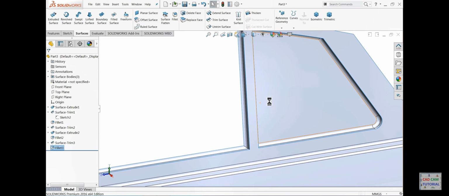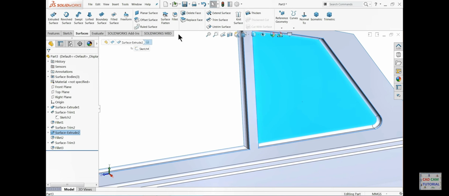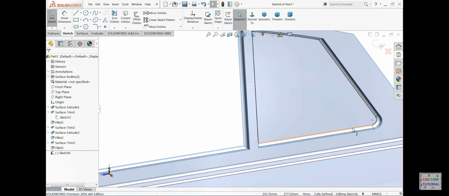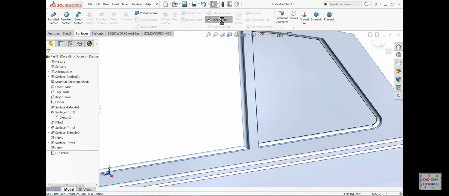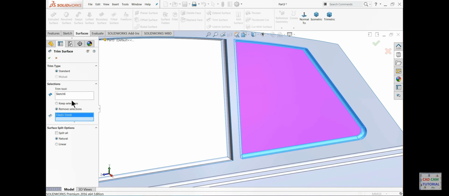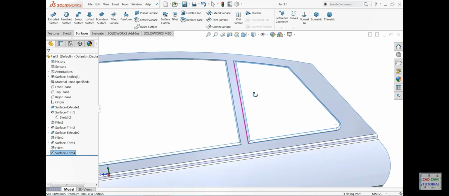Okay, now again select the same surface, sketch, convert entity. See, the borders are converted, the border lines, surface, trim surface. Let me choose this surface. See, standard, sketch and trim surface, remove selection. Okay, now see,